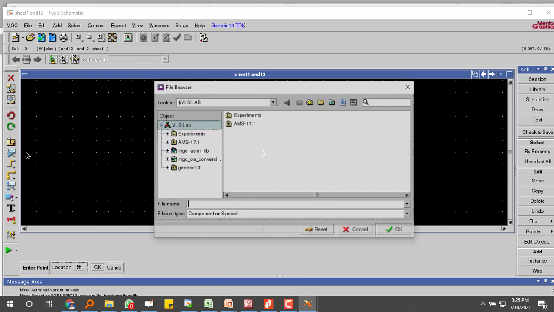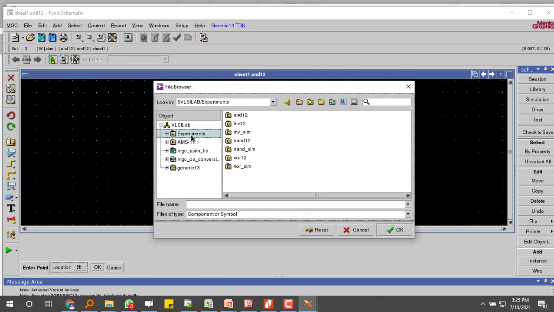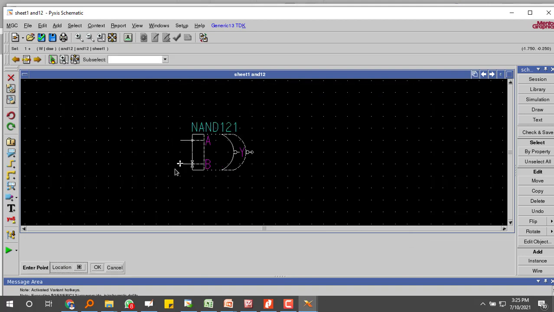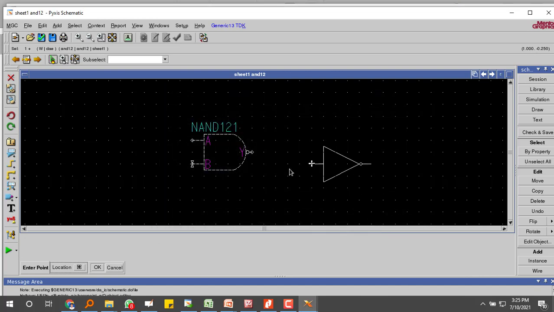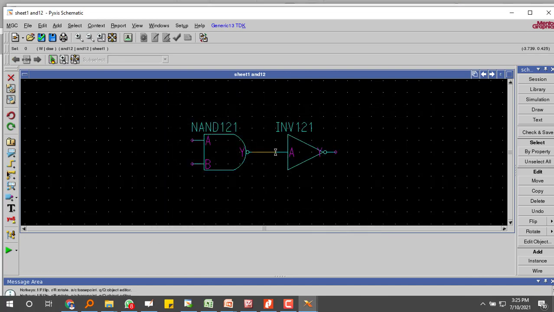From the experiment library I will be taking the NAND gate, and from this the inverter. These two will be connected.